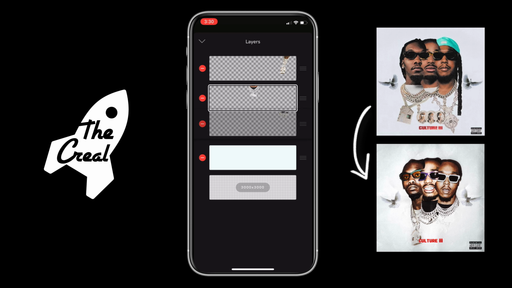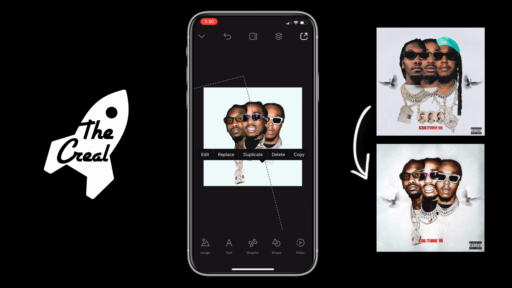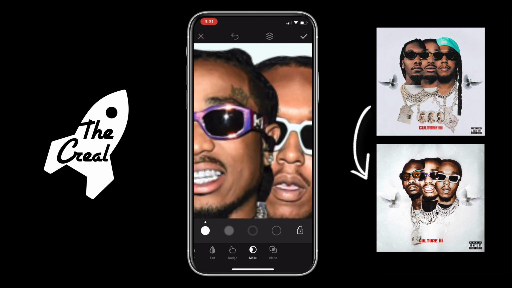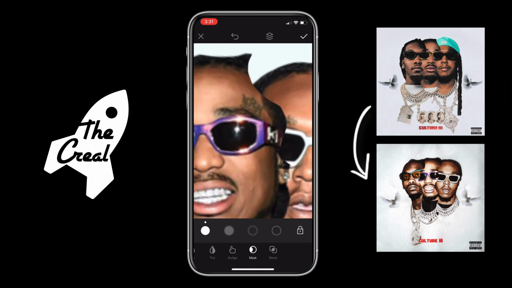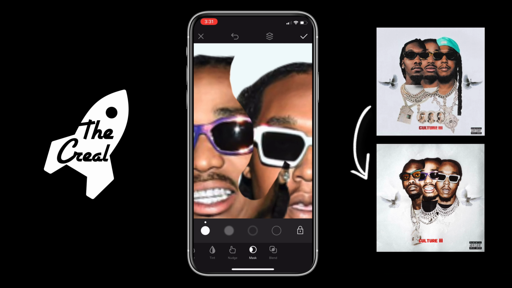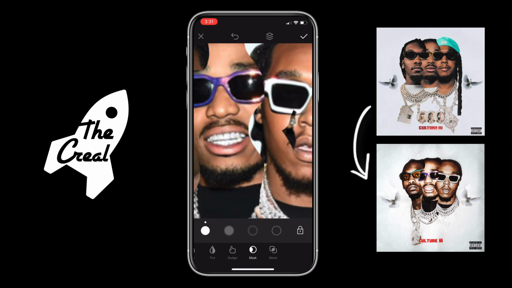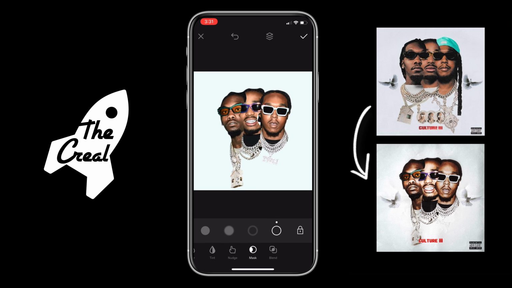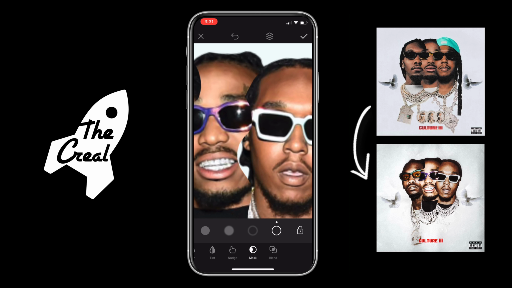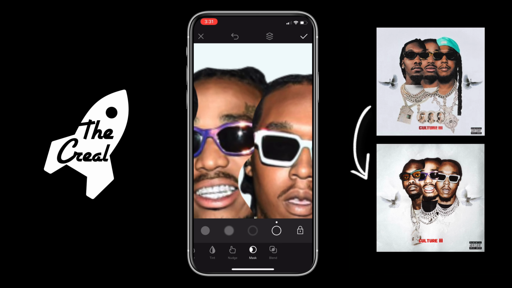So now I'm going to put the overlay of Quavo over Takeoff, and now we're going to do Quavo. Same thing I did with Offset, I'm going to do with Quavo right now. Going to take off some of his face, but we're going to add it back. But we got to start somewhere, so we're going to take it off in bulk. Now we're going to bring it back just like we just did. I'm just eyeing it, seeing what would work the best,